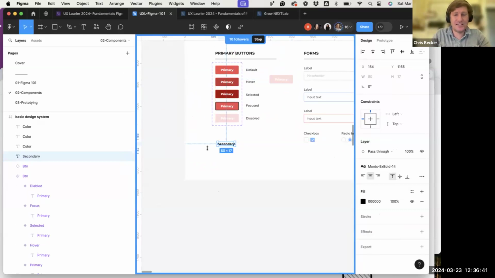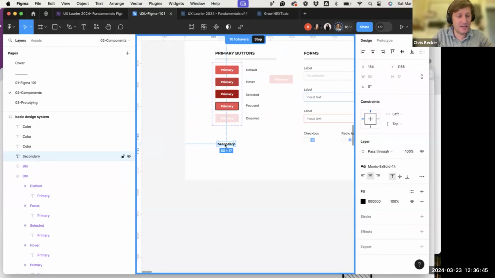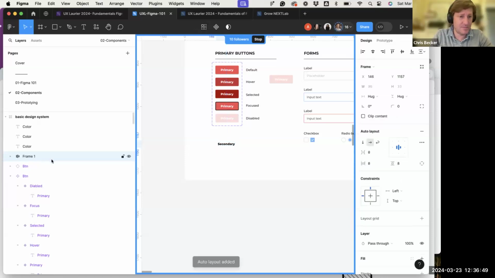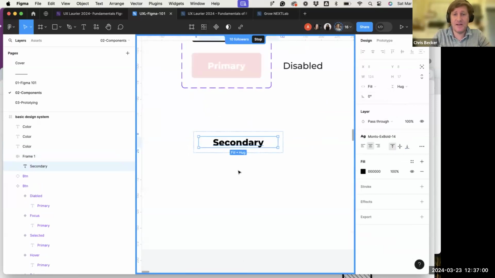Okay, this is going to be the root of my button. And so I'm going to hit Shift A around the button, which turns it into an auto laid out frame. In this auto laid out frame, I'm going to make the fill container with the type. And now I'm going to set the rules of this secondary button